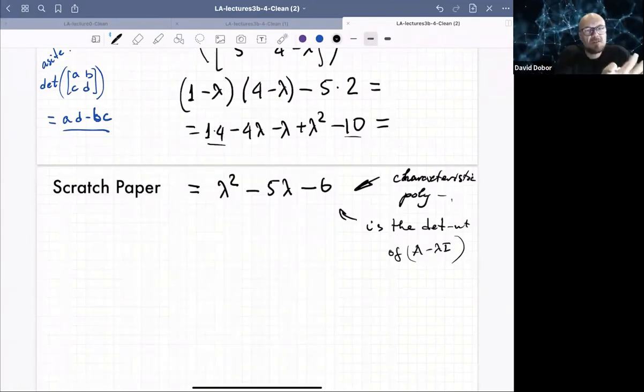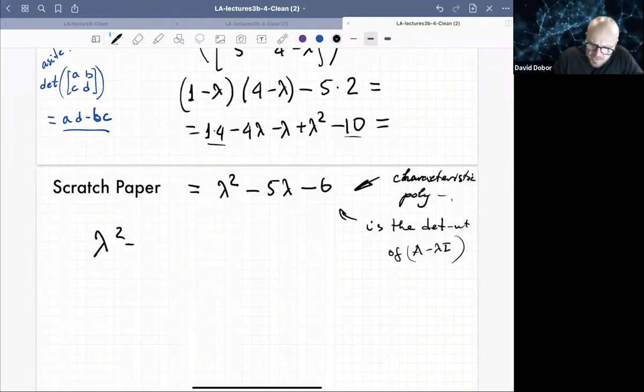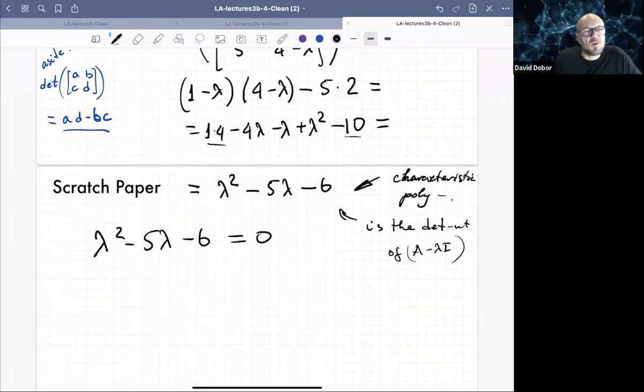If you don't remember, you bring it on the cheat sheet. So what we're solving is lambda squared minus 5 lambda minus 6 equals 0. And I'm not going to use that formula, because here you can see, and you can bring the formula just in case you